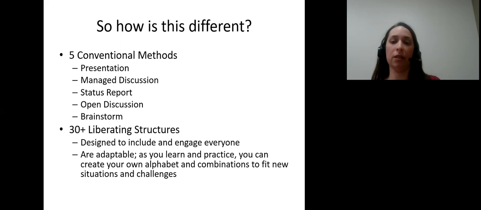But the neat part is you can take these different types of structures and how you meet with people and interact with people and string them together. So instead of having this five conventional methods alphabet that you're choosing from when you're meeting with people or conducting a Scrum event, now you can have 30 or more, and you can string them together and create different combinations and kind of learn as you go to make it something different than just a